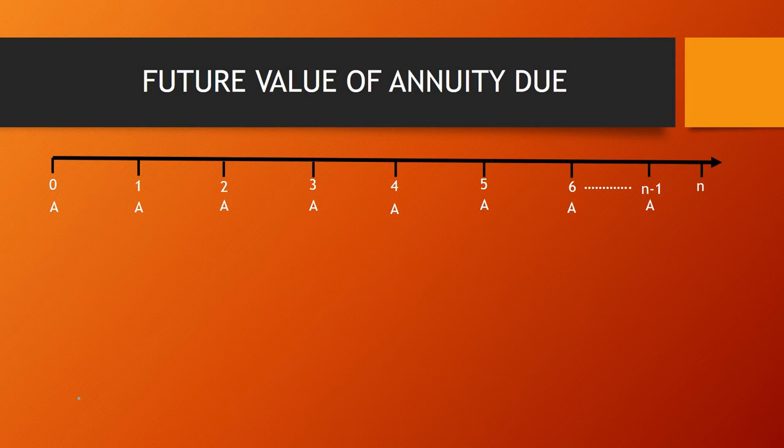So for the details, you can just go over the previous videos and search what you mean by annuity due. I have also given the example of insurance. That means whenever we are going to pay insurance, our first installment is paid at the end of year 0, or you can say at the current period. So annuity due means that whenever you are making the payment, whether there is a cash inflow or cash outflow, the first installment will be at the 0 period.